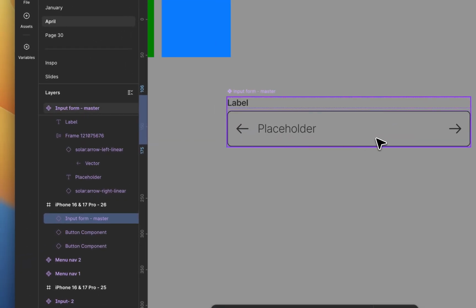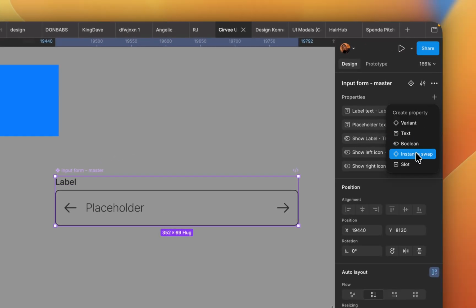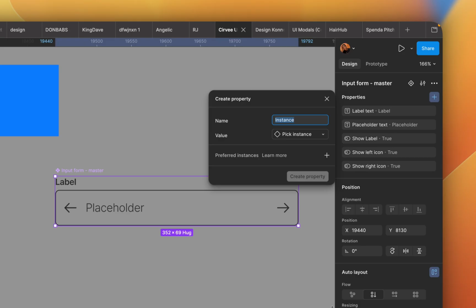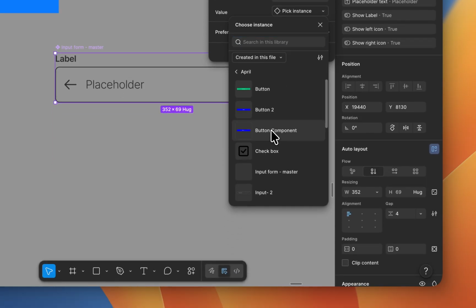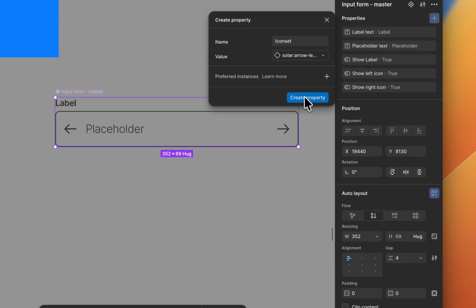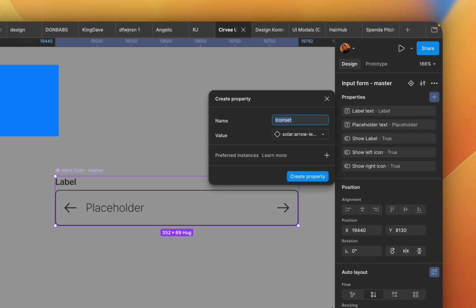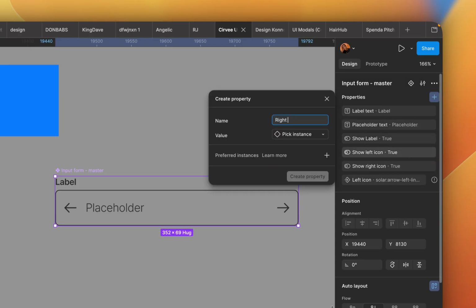So I need this icon to be able to switch. So that means I'm creating an instance swap property for my icons to be switched. So let's call this one icon set. Pick the instance from where you have it. So I'm going to pick it from here. So where is it? Okay, we have this one, create. So let's call this one for the left hand side. Let's call it left icon, create the property, then create another one for the right one also. So right icon,